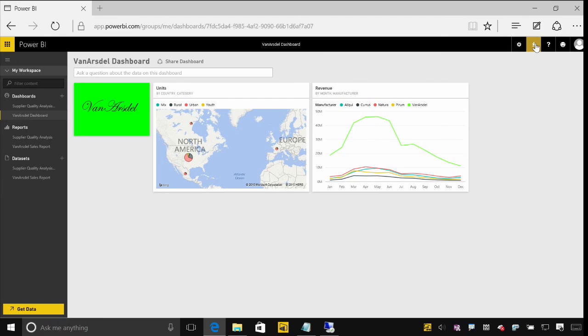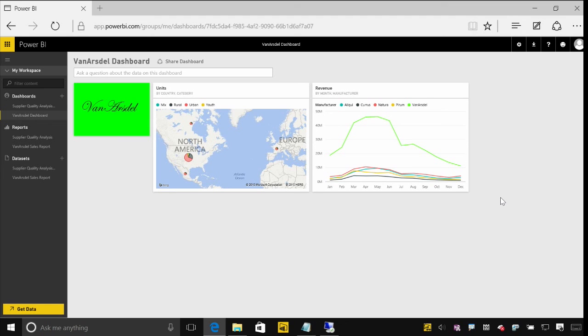To download it, come to the top right-hand corner again of the Power BI site, and you'll see an option for the Analysis Services connector. I'm not going to go through downloading and installing it here. It's pretty straightforward. It's very similar to the Power BI Gateway. Install it, it runs on your machine. You log into the Power BI service, you log into your Analysis Services machine, and it registers the Analysis Services models up to Power BI.